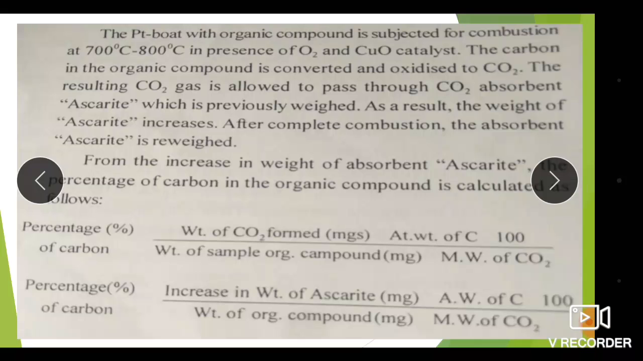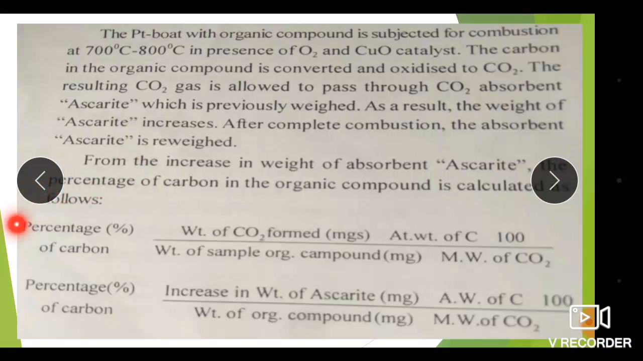Then the platinum boat with the organic compound is subjected to combustion at about 700 to 800 degrees Celsius in the presence of O2 and CuO catalyst. The carbon in the organic compound is oxidized to CO2. The resulting CO2 gas is allowed to pass through the CO2 absorbent ascarite, which is previously weighed. As a result, the weight of ascarite increases. After complete combustion, the absorbent ascarite is reweighed. From the increase in weight of ascarite, the percentage of carbon in the organic compound is calculated by means of